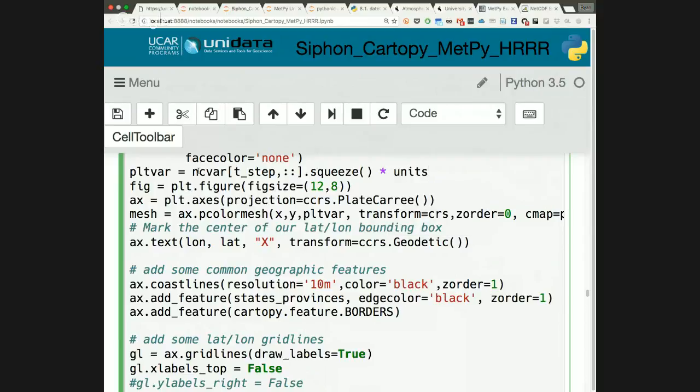So I'm going to multiply NCVAR, my single time step squeezed array, by units dot K. I'm going to put that in parentheses. And now that'll give me an array with units in Kelvin. So I'm going to say dot to